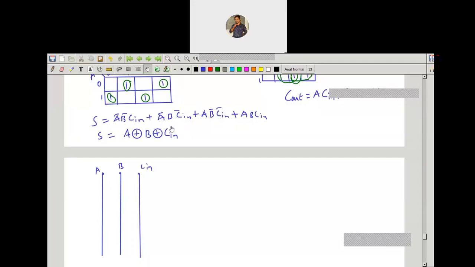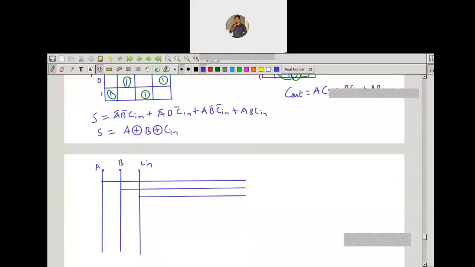Why? Because it consumes only one logic gate, which reduces the number of gates, so the cost is reduced. So we'll take A XOR B XOR C to design the sum of the full adder.